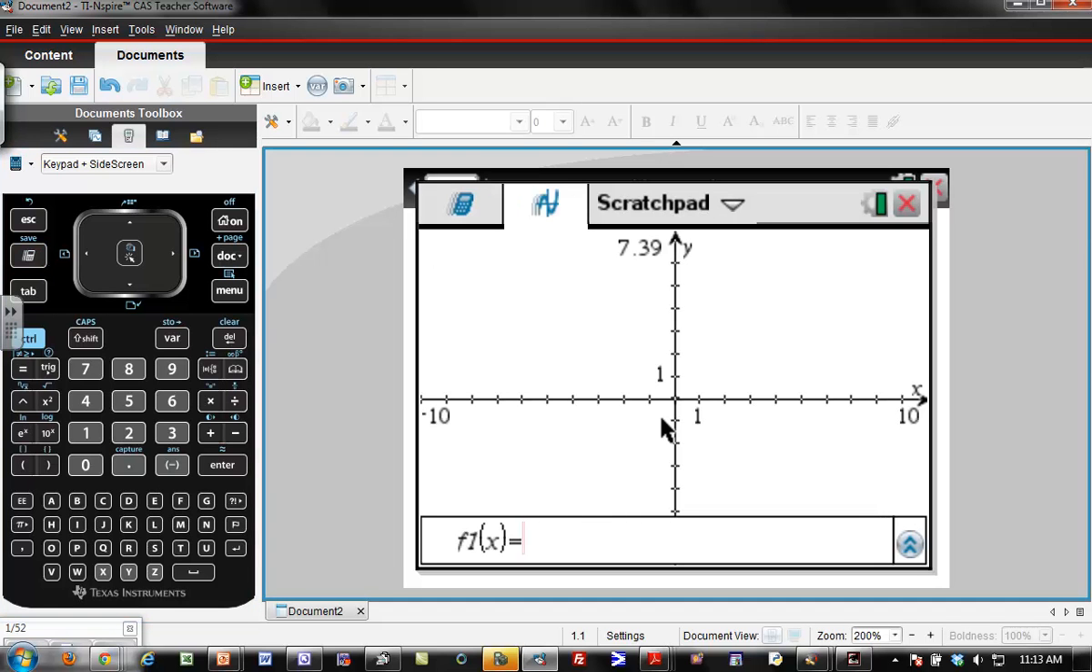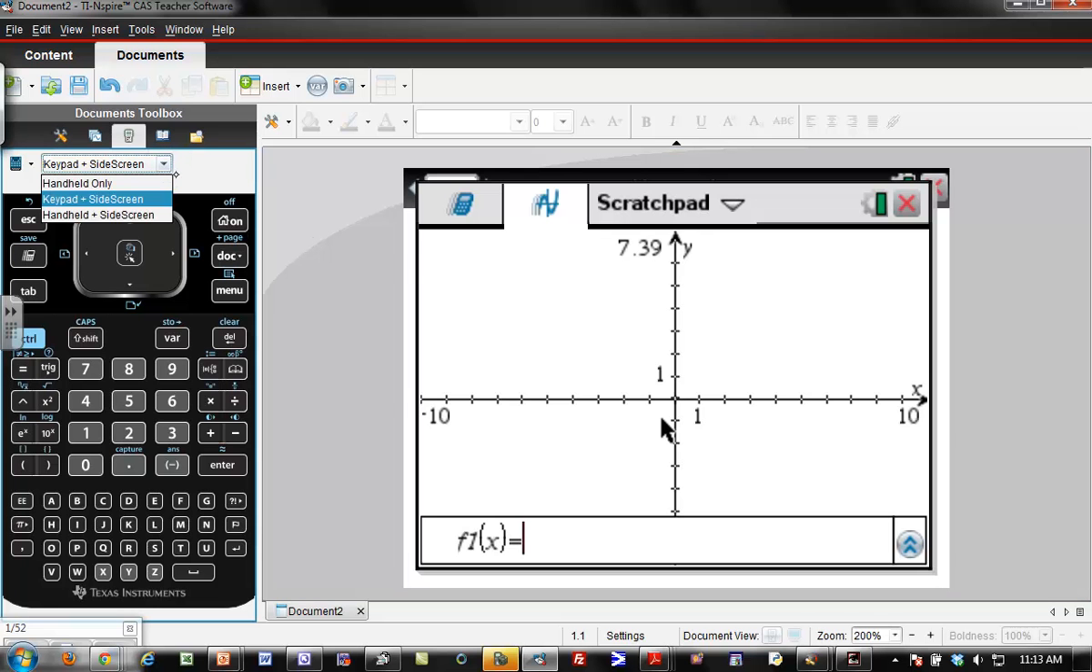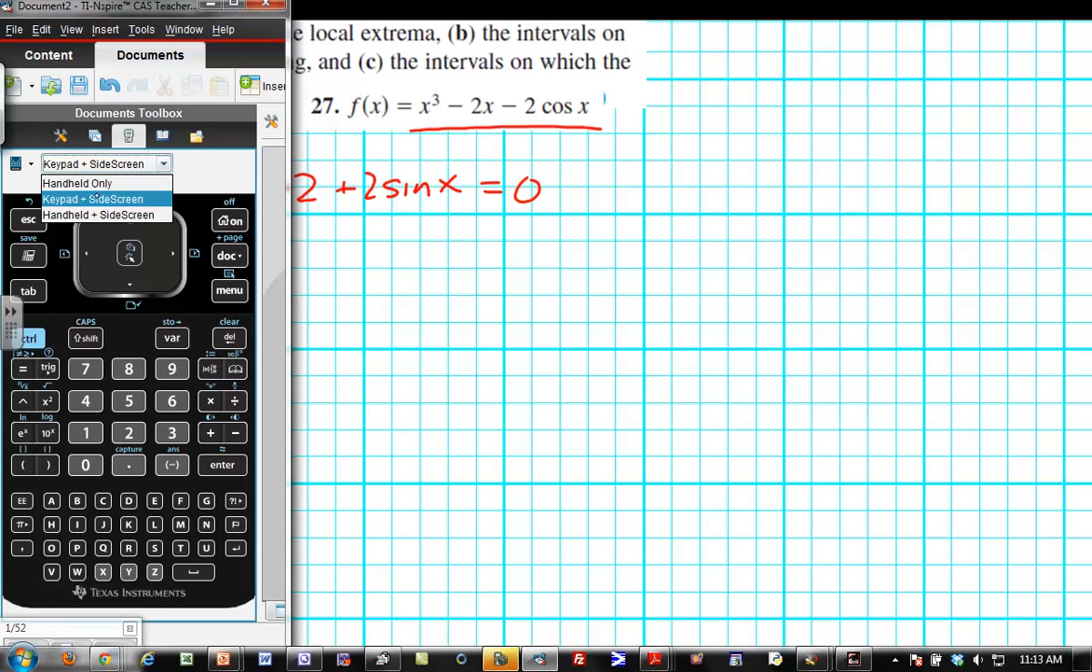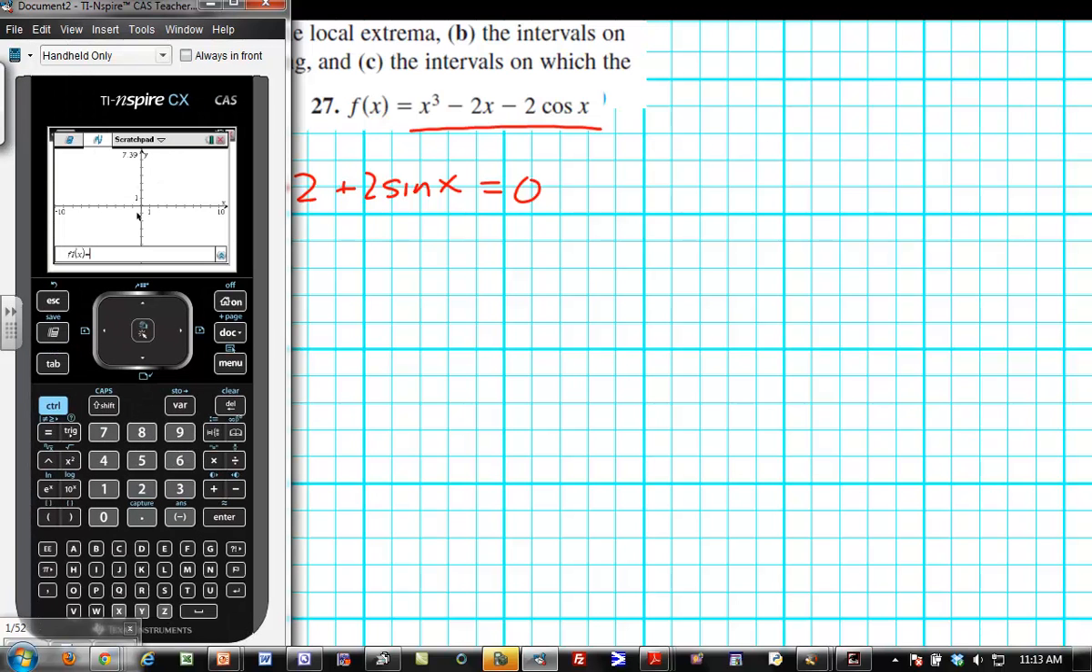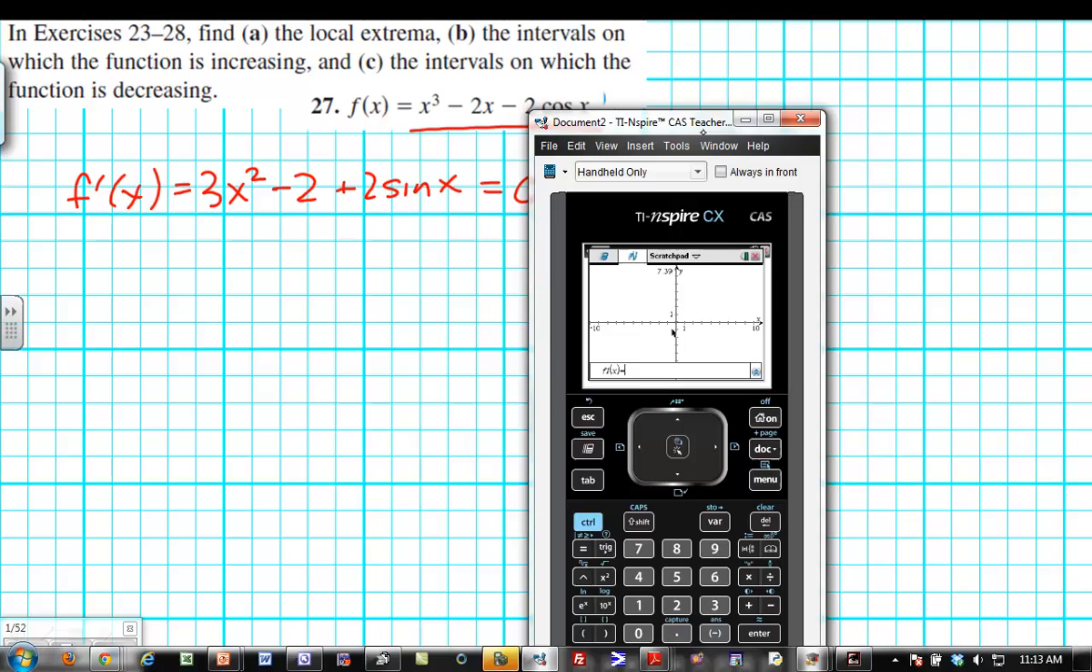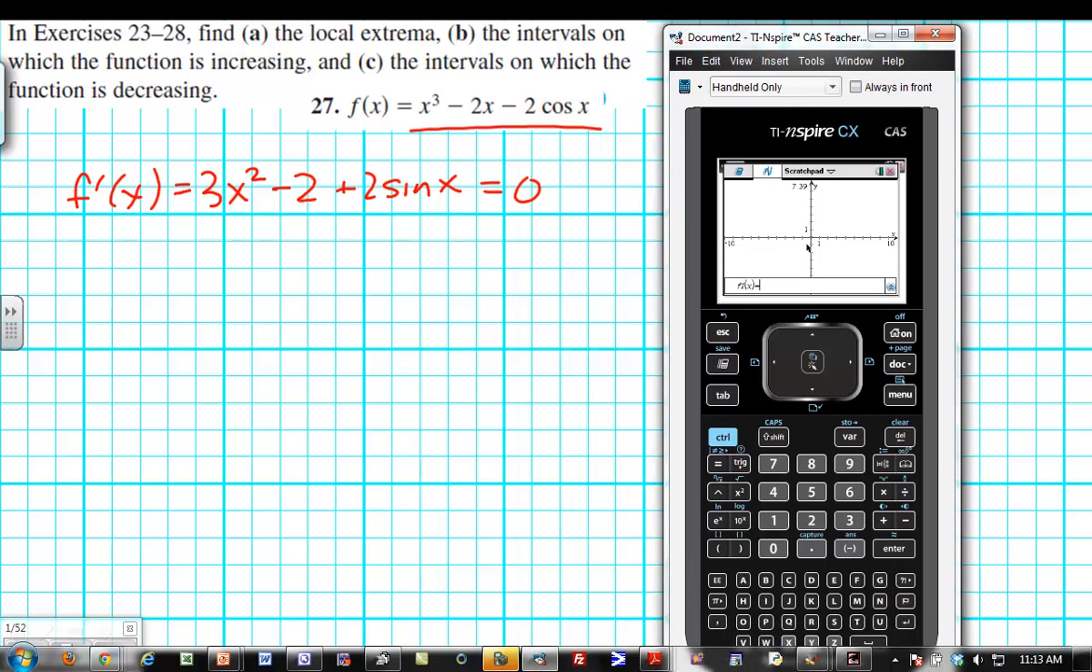Okay. So here I am in Sketchpad. I'm going to use the graphing method for finding out the zeros for that equation. I can't remember what the equation was, so let me go to handheld mode only, and I still can't see it. Move my calculator over here. So I'm going to put this equation in my grapher, and it's going to be 3x